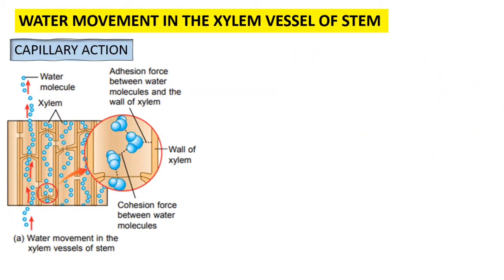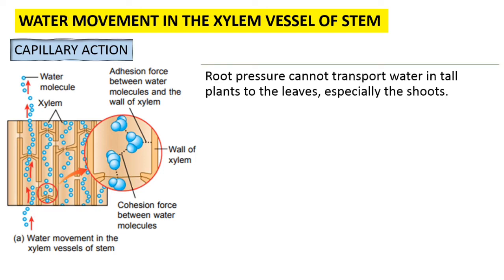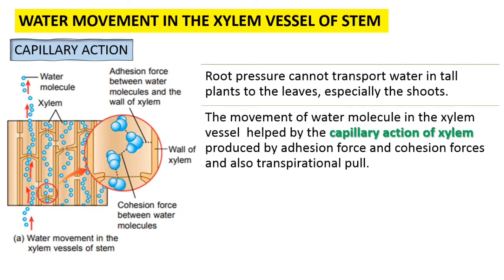Next, we will discuss the capillary action. What is capillary action? Okay. Root pressure at the root cannot transport water in a tall plant to the leaf, especially the shoot. Because of the height of the plant, the root pressure is not enough. So the movement of water molecules in the xylem vessel is helped by the capillary action of the xylem, produced by adhesion force